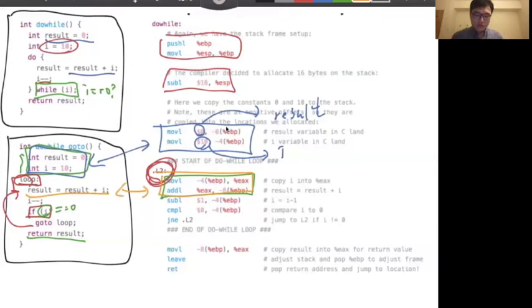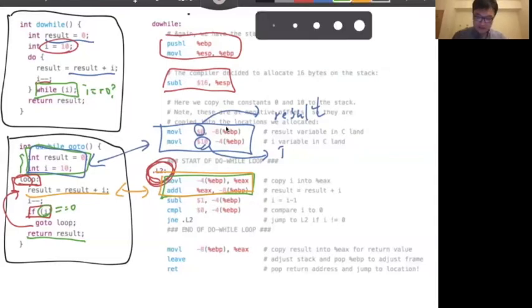So we do result plus I. So we move the data to registers because you cannot do operations on both memory operands. You need to move one data from memory to a register, then you can work on a register with the memory. So these two lines match your result, and this line